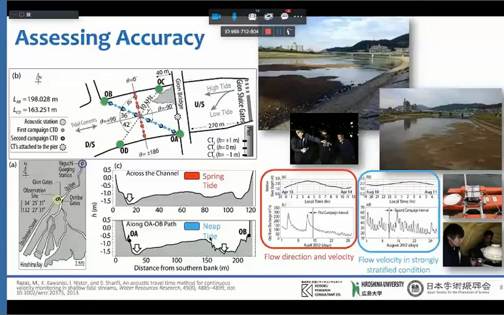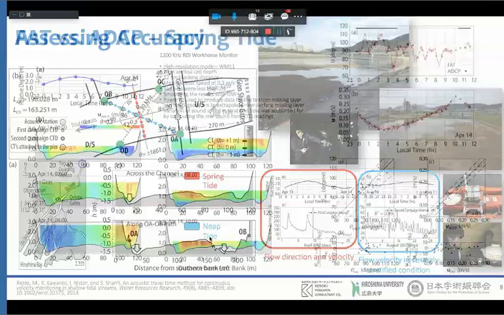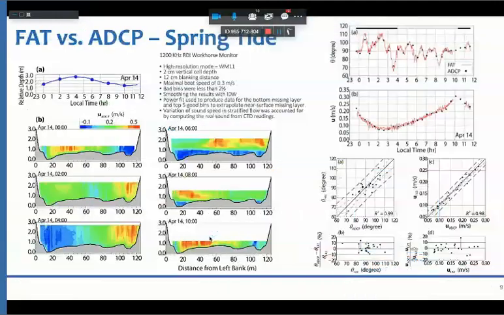Okay, this is the spring tide. As we can see, the water column is most of the time well mixed, but as I said, the path of the track of the fresh water changes with the water level. Here is low, here is your sandbar, so it goes around the sandbar. Here is high, so it just directly comes. And this is an extreme case of